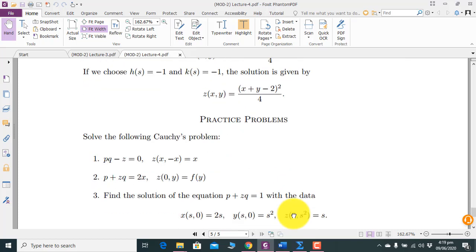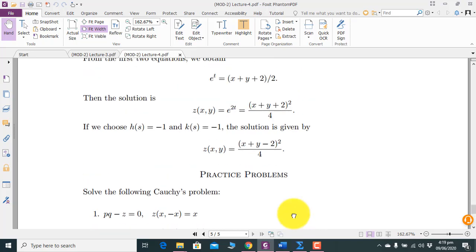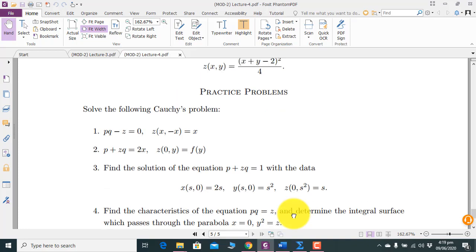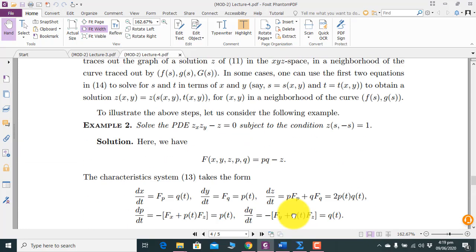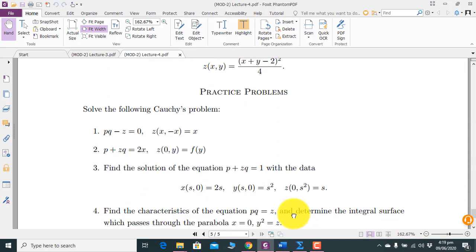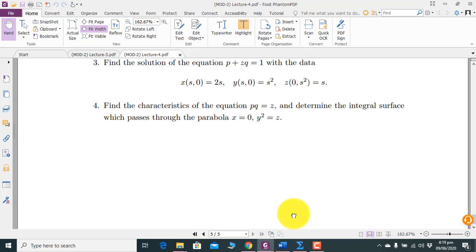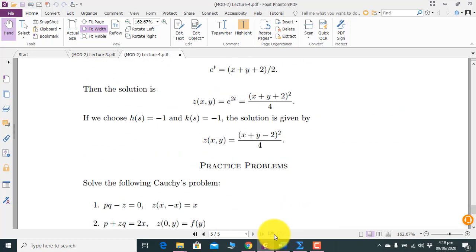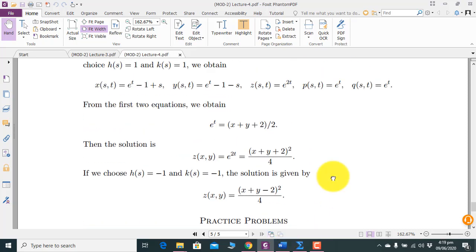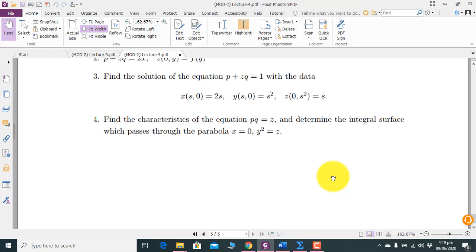So this was the method of characteristics using the initial value problem, and in that initial value problem we have solved one example completely and also studied how to find the conditions for P and Q as well. Thank you very much for listening, and these are the practice problems. I hope that you will try to solve all these problems, and if you have problems you can discuss with me later in the video lecture, which will be in the next week also, because I think this topic will be started in the current week but will conclude in the next week. Thank you very much for listening.